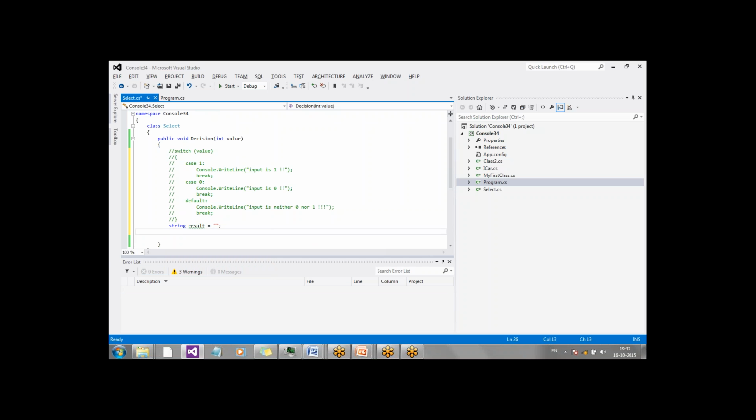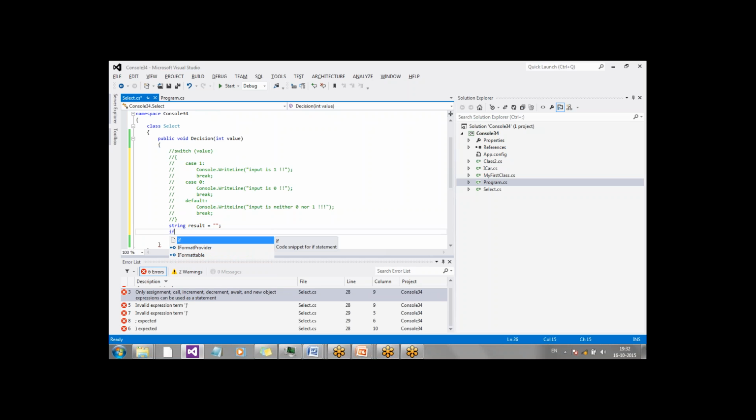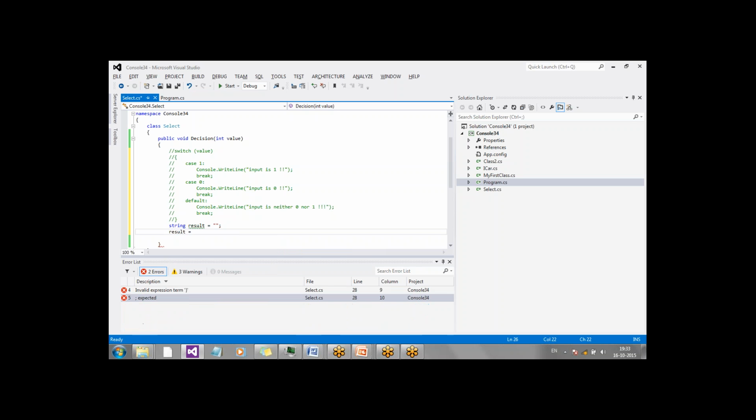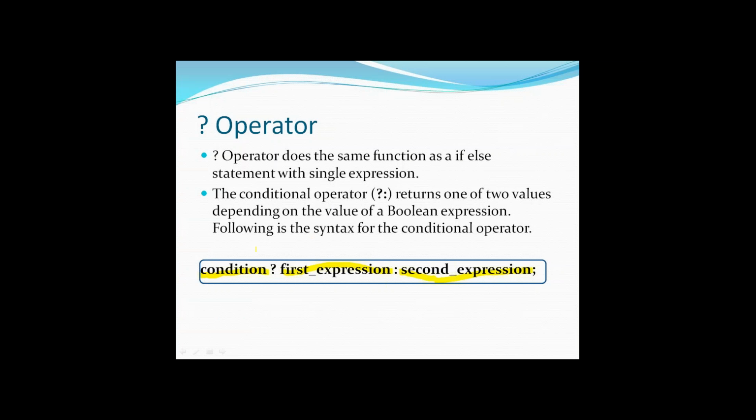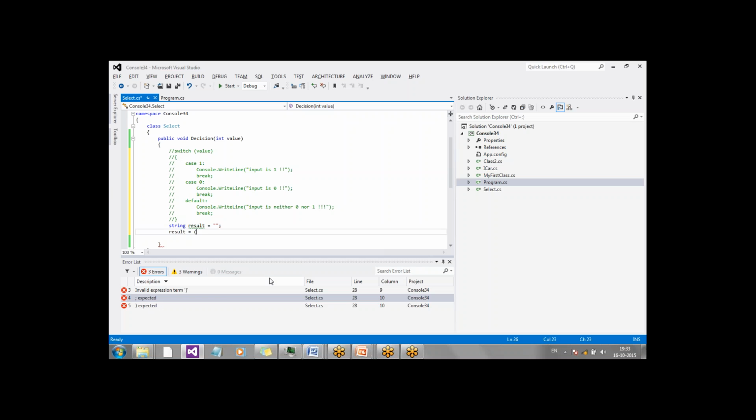And here what will I do, result equal to, I should write the expression first, right? I should check the condition. What I'll do, value greater than 0, okay. Then